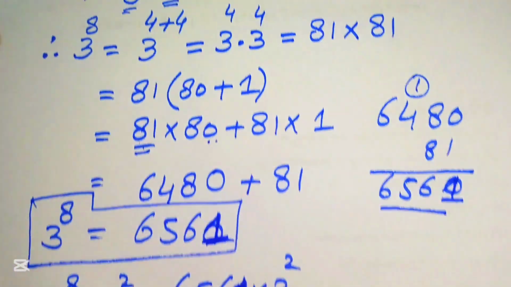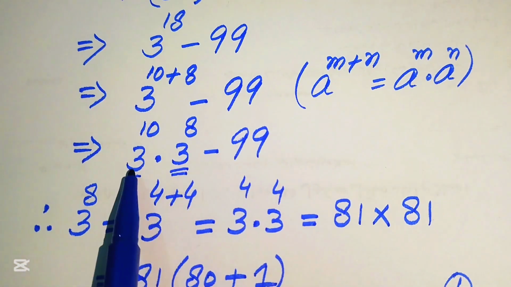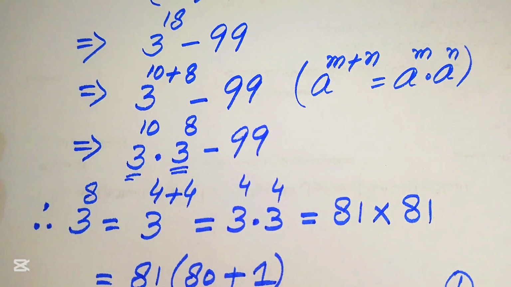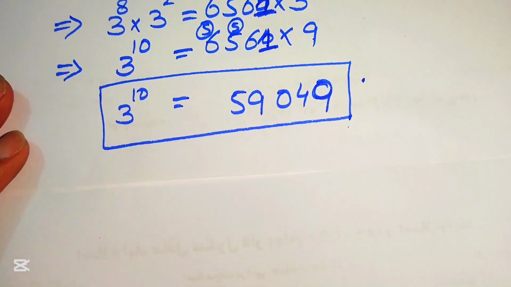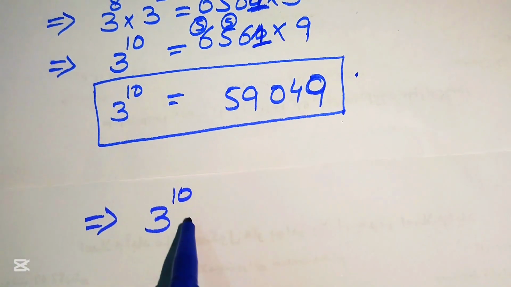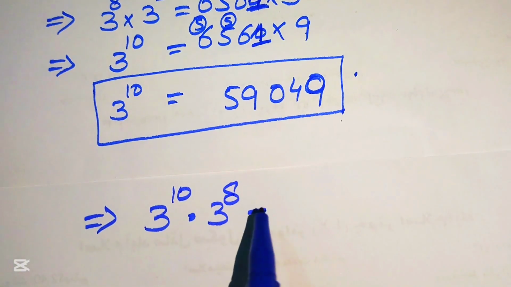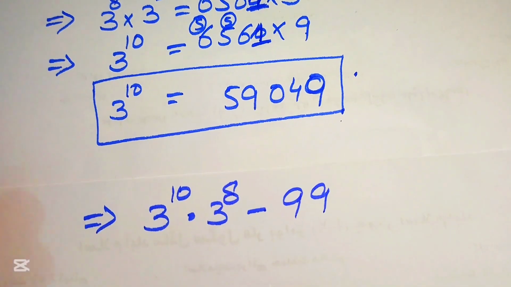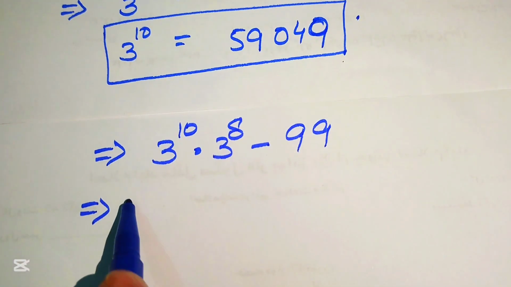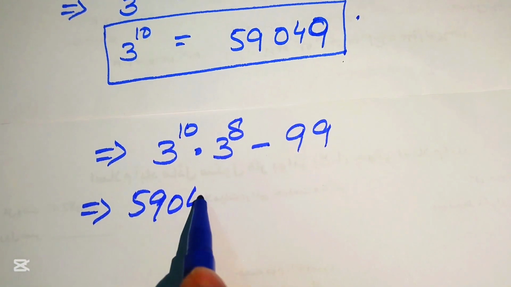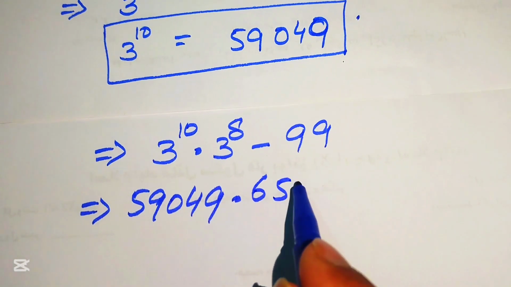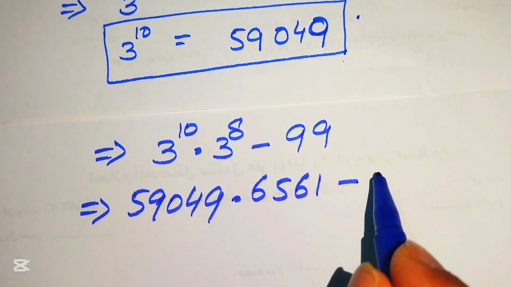And now here we need to substitute these two values, 3 to the power of 10 and 3 to the power of 8 here, and after that we need to subtract this by 99. And now our above expression is written as, first we copy down here, it is 3 to the power of 10 multiplied by 3 to the power of 8 minus 99. So we put these two values here, and now we can write that 3 to the power of 10 equals 59049. It is multiplied by 3 to the power of 8, it is equals to 6561 minus